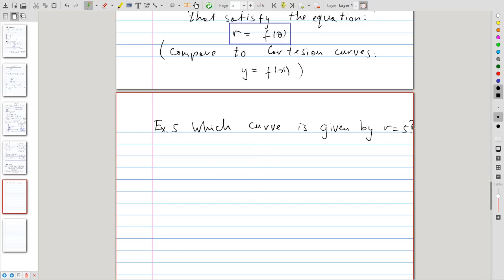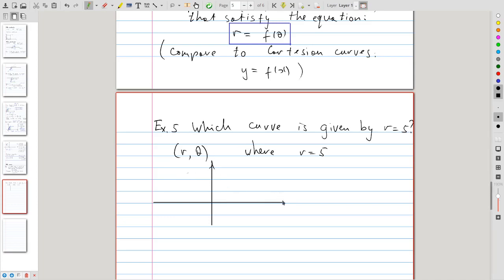Let's think about this equation. We have r equals 5. In other words, the polar radius is constant. It does not depend on theta. So we're interested in points with coordinates r, theta where r is equal to 5. What does that mean? Well, it means that if we draw